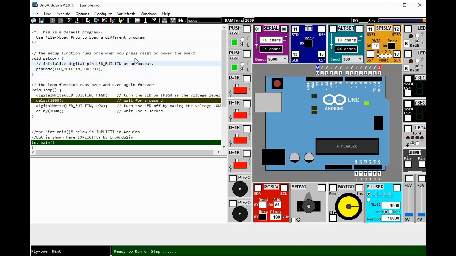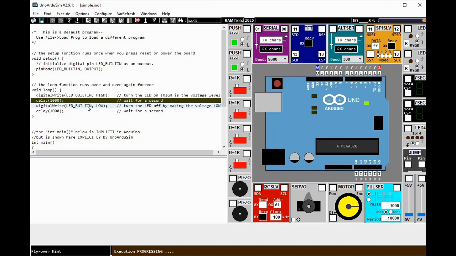If you're going to run this, just click on the run icon. So this one. Automatically this LED will blink with a delay of 1000.